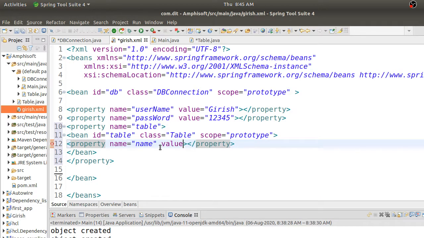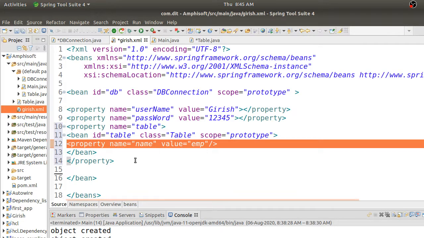Table name, say db, for db connection you can give some name, right? Value you can give something like emp table, right? So I just give emp as the value. So table name is emp. So I don't want to write another property tag, I'll just end it there.